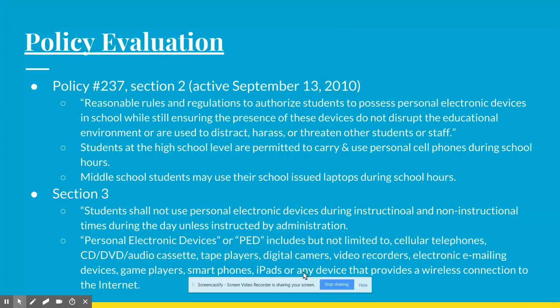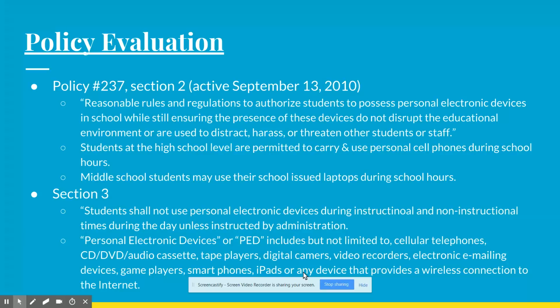Now, I'm not going to read all the logistics of the policy, but essentially policy 237 outlines appropriate use of technology that is essentially not supposed to inhibit education. It's supposed to be used in a safe environment. It's not supposed to distract, harass, or threaten any student or staff.